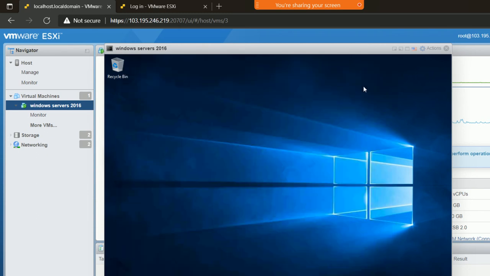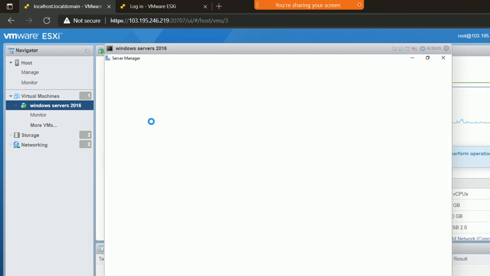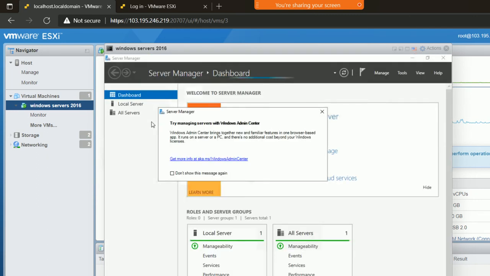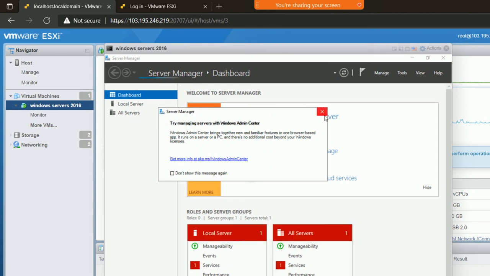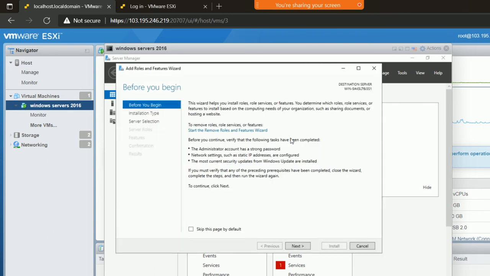server manager. Let's discuss how we can manage role features and how we can add role features. In Windows Server, we have the server manager option over here. You can just open the server manager, and in that we are going to add some roles. How can you add the roles? Simply click on add roles and features, and after that click on next,